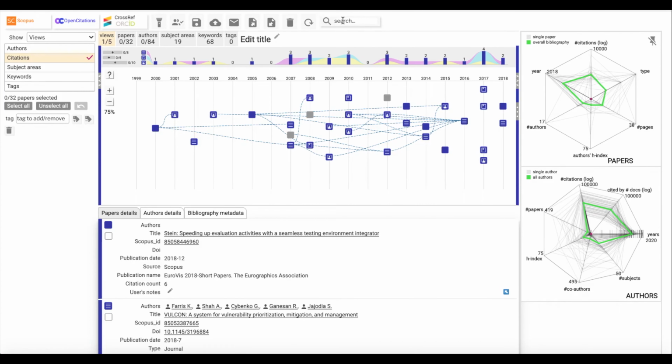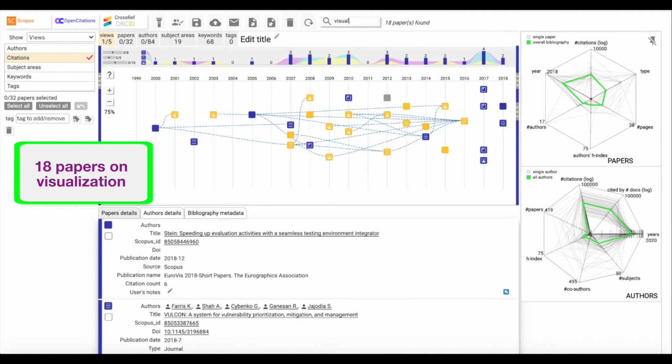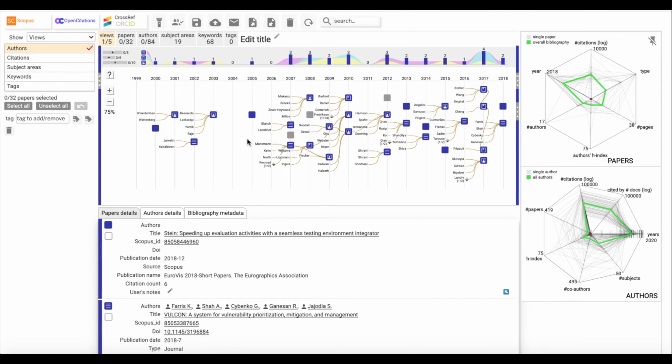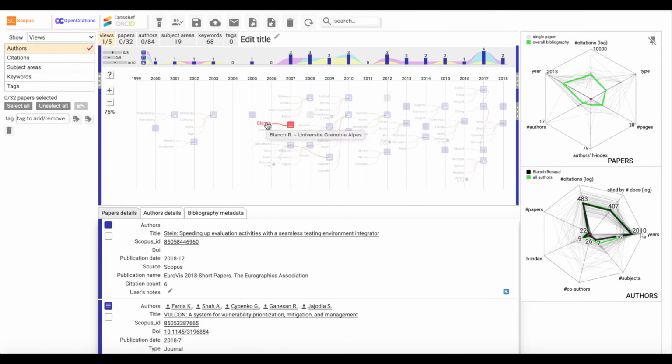Getting back to VisualBib, from the Sources panel, we look for the term visual on the whole bibliography, and we find 18 papers, 8 of which are cited by the survey. Now we select the author's view and inspect the author's production. Here we spot an author with a paper and a second with 2 papers. Overall, this bibliography seems to present authors with single or 2 contributions on the subject.